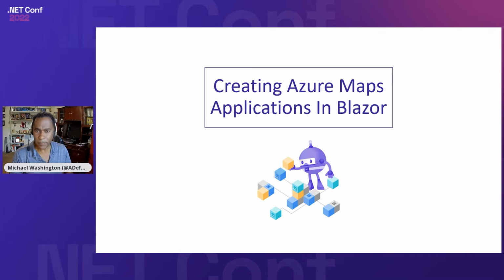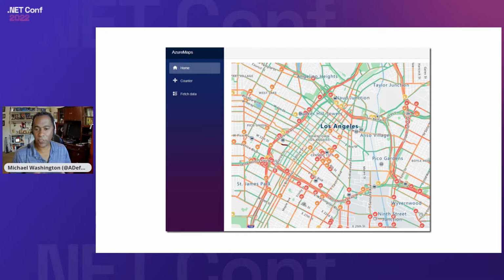Let's dive in. So creating Azure Maps using Blazor. This is what the first half we're going to create. Now, you'll of course say, well, I can do that using Google Maps. Why would I want to use Azure Maps? What I'm going to show you today will only require 8 lines of boilerplate JavaScript, meaning the JavaScript that I'm putting in is the exact same JavaScript that you'll put in for your application. So that's the real thing, is that you'll have this functionality, but you don't have to do the JavaScript.